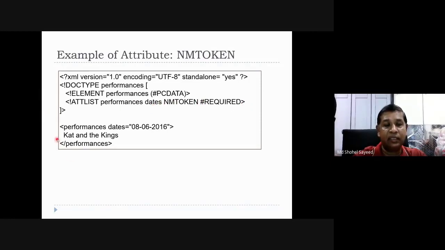So in the XML, how can you write it? Required means you must declare it here. Performance dates with the date within double quotation marks. And then cat and the king. What is cat and the king? The name of the performance. The name of the performance is Cat and the Kings. Then finish the performance. Next,